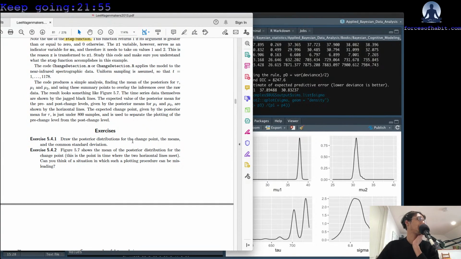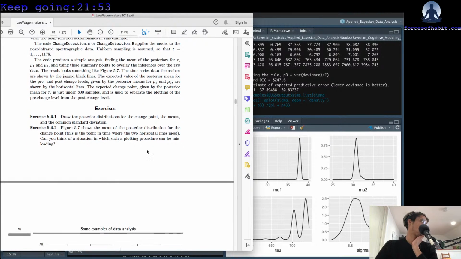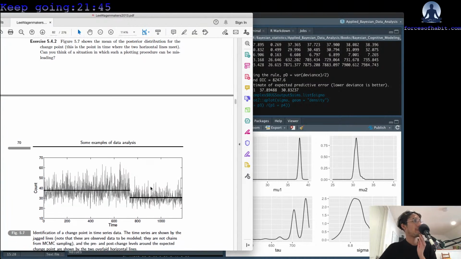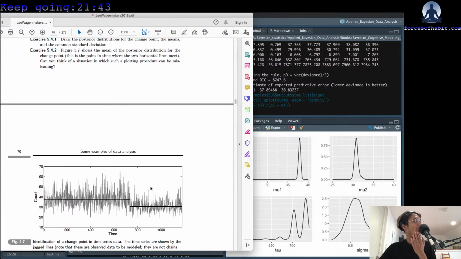I'm not really sure. So pre-imposed change, I mean, it's arbitrary, right? When we estimate this score from the data,